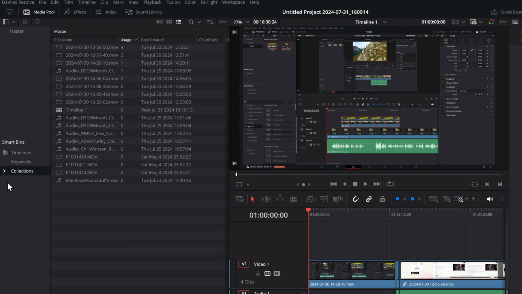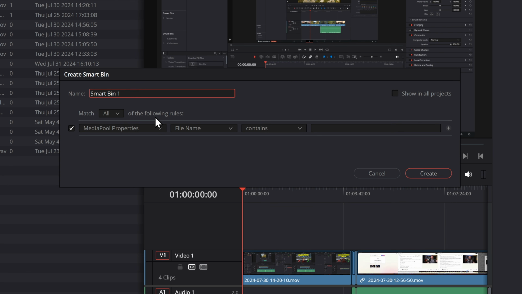All we need to do, we right click any empty space underneath the collections, so down here, and there is an option to add a smart bin. And then we get this create smart bin window appear. And I can give it a name, so I'm just going to put used. There's a handy tick box over on the right hand side that says show in all projects, which is really useful. So you only need to create this once, and then every project you open, this smart bin will automatically